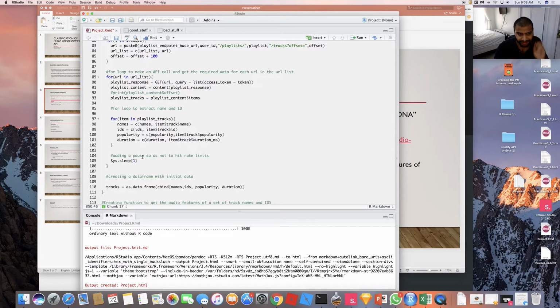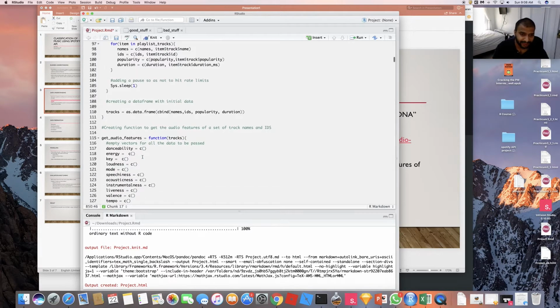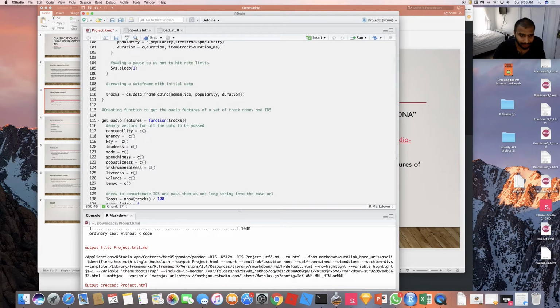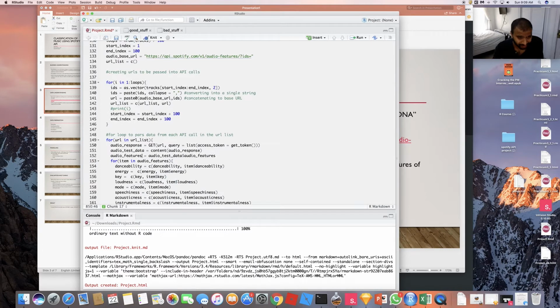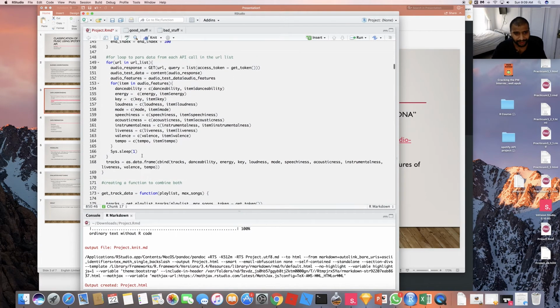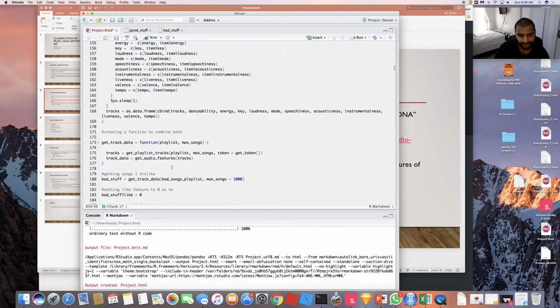The first pass was just names, IDs, popularity, and duration. And then I had to create another function, which basically takes a data frame of tracks that I got from the previous step and extracts all the audio features that I just spoke about. And same issue here, rate limits, a bunch of for loops to go into the JSON object and parse everything out and put the whole thing together as a data frame. And finally, a last function to put those two functions together. Basically, take a playlist ID as a parameter and the maximum number of songs that I want to extract